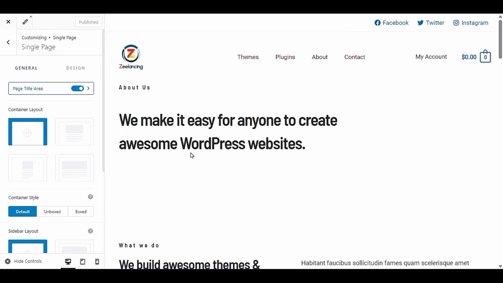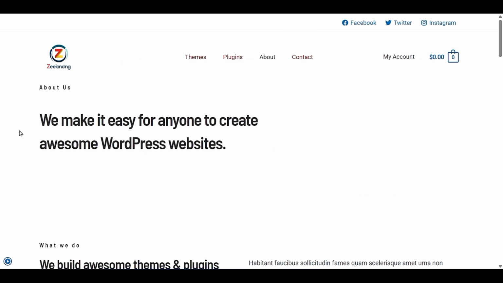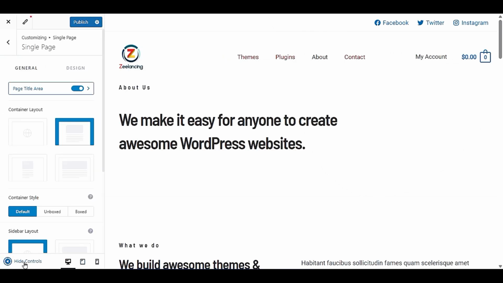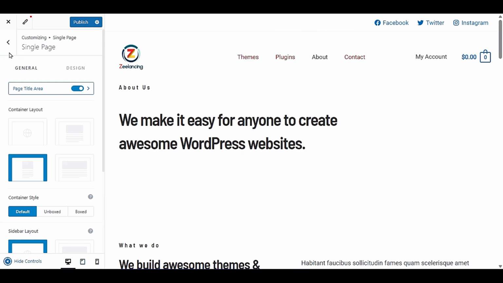So you have to check how your about us page looks. Now here the setting is for the single page. Example, this is the single page. So first, container layout, you want to keep it wide or you want to keep it normal. Select normal, and the page layout will be changed to normal, not too wide. If you want to add a sidebar, you will see the sidebar somewhere. Example, narrow, it will be a narrow layout of your pages, especially pages, because we went into the option single